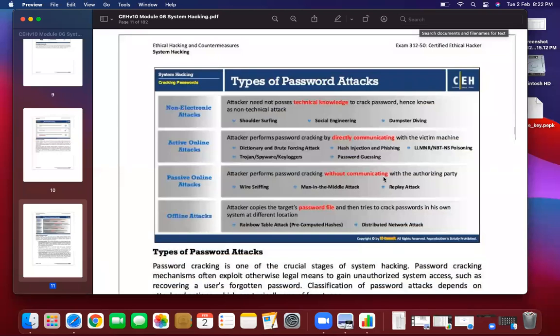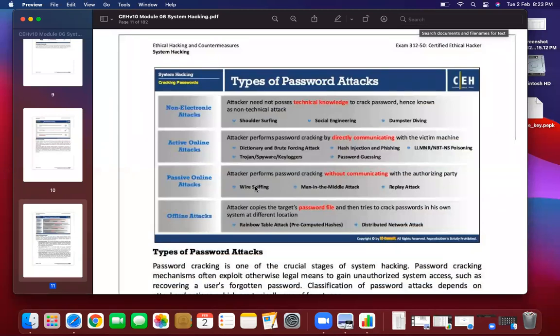And in passive, the attacker performs the password cracking without communicating with the authorizing party. Which means in an active online attack, the attacker has access to the victim's computer or the victim's particular device. And in passive, the attacker does not have any access to the victim's system, and the victim also doesn't know that there is something going on with his system.